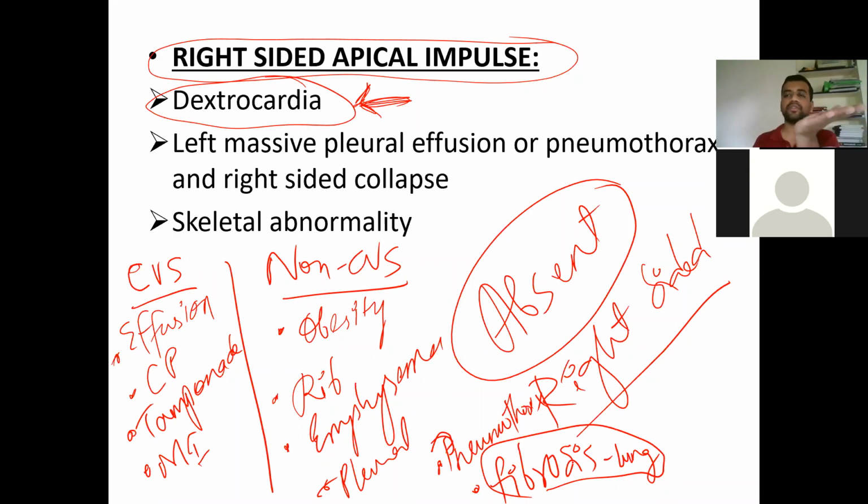Our medicine books usually fail to give this method of putting the palm, then the ulnar border. So if they ask how you are going to palpate apical impulse, you can say with the tips of the fingers directly. I think that answer will be sufficient. No need to give the method of how you put your hand and fingers. And if it is not palpable in the supine position, sometimes you may need to slightly turn the patient to the left lateral position for better palpability. Ask him to turn slightly to the left side, not completely 90 degrees, some 30-40 degrees, and then you can palpate.